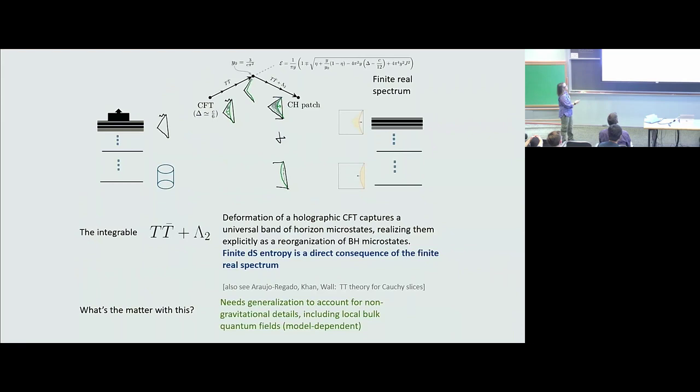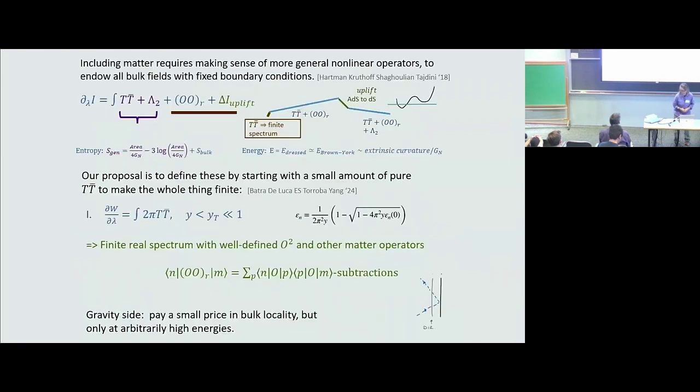And so the upshot is some deformation that takes you from an infinite spectrum to a finite real spectrum in a calculable way. And I guess I said these things before, but indeed the finite de Sitter entropy is a direct consequence of the finite real spectrum of these TT bar-like theories. Okay, so